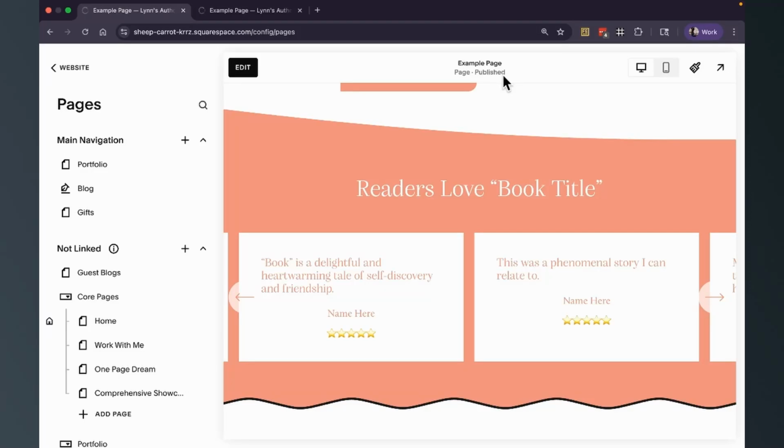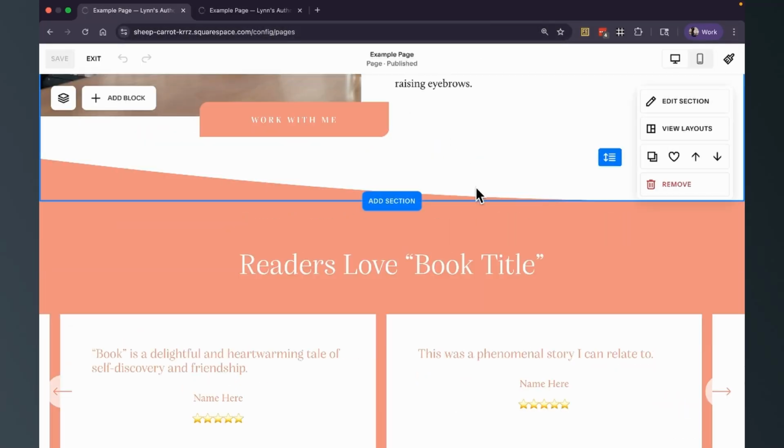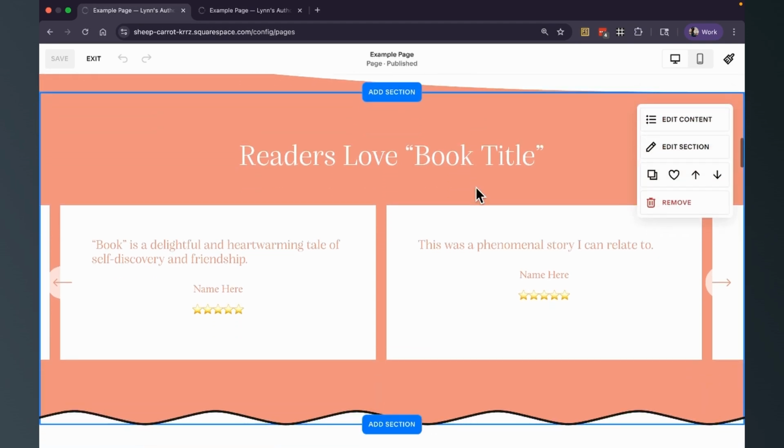For book reviews, I almost always use the carousel section because it's a really nice way to display them that's very easy to update if you have more reviews come in on your book. So I've created a little mock carousel section, and I'm going to walk you through how to edit the different